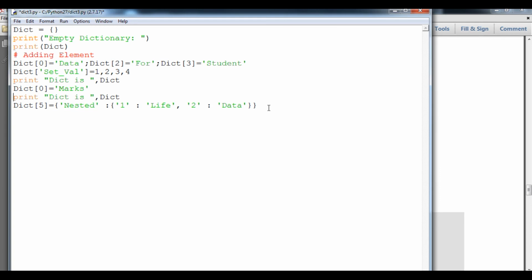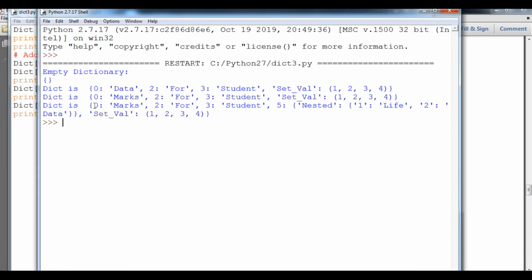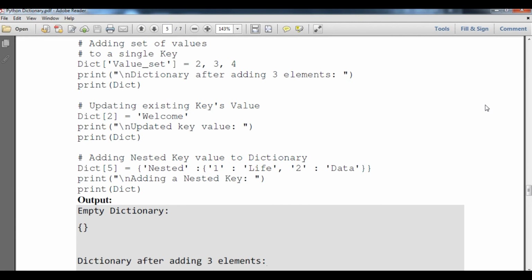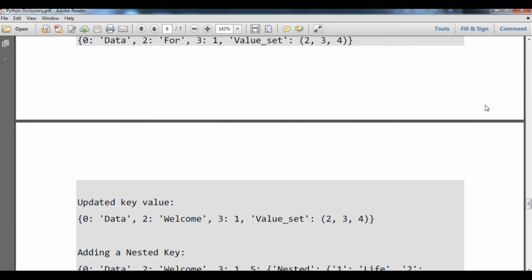If I print this line, you can see the output. I press F5 to run my program. You can see 0 as marks, 2 for student, and 5 again a nested dictionary, and inside it the nested key and another dictionary. So student, we have learned how to update our dictionary in different ways.